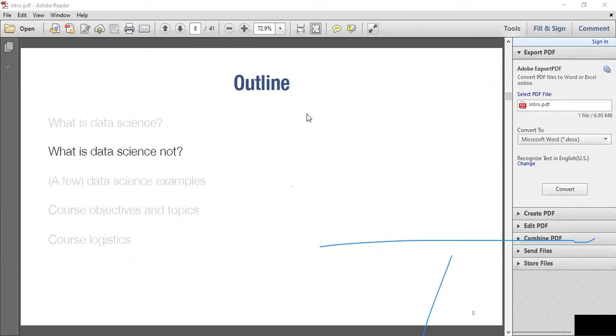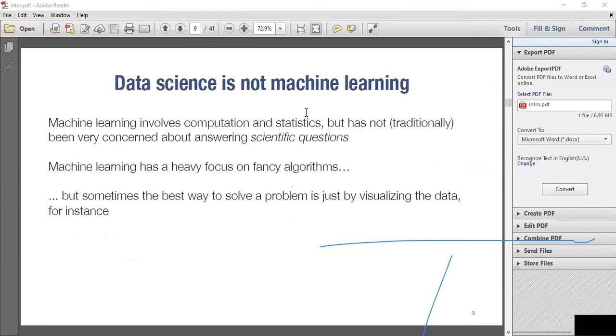Now, what data science is not. It's important that you know that even though there is machine learning, data science in itself is not machine learning. Machine learning is a subset of data science. Machine learning is one of the ways that we apply data science to solving real world problems. Although I must say that in most cases, you'll find that machine learning might actually be one of the most